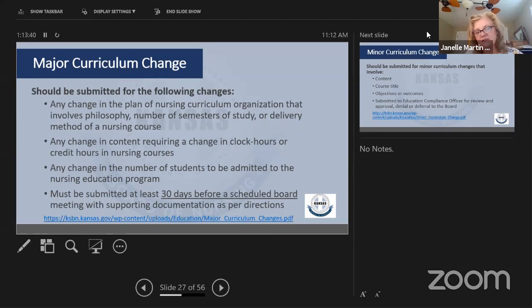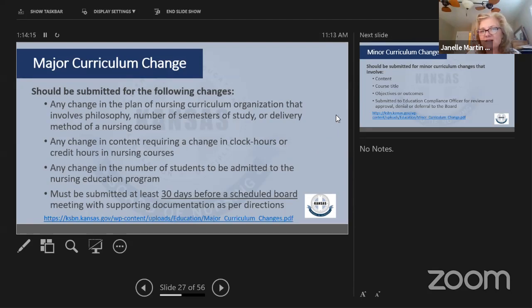The one thing I will say is that if in the process of this pandemic you have determined that doing a hybrid methodology really does work well for you and you plan to continue it, pandemic or not, that's when you should submit a major change. And that's what I've told folks. If you've decided this is going to be a permanent change, please submit your curriculum change to say that, yes, this is how we're going to do it, and we've decided to do this until further notice. It would require another curriculum change to change it from that point on. But for right now,